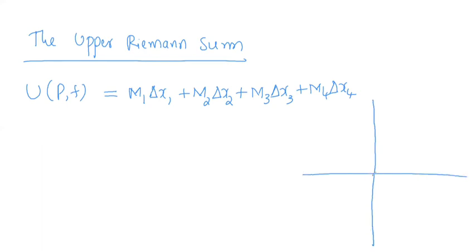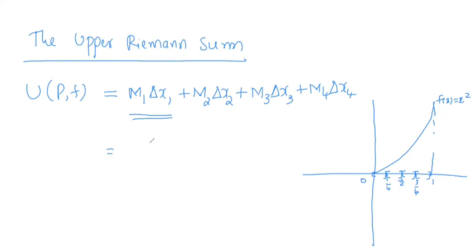So once again, I'll consider the function curve f of x is equal to x square from 0 to 1. Using the partition P, we have divided the closed interval 0 to 1 with the points 1 by 4, 1 by 2, 3 by 4. So these points divide the closed interval into 4 subintervals. Now we shall concentrate on the first term.